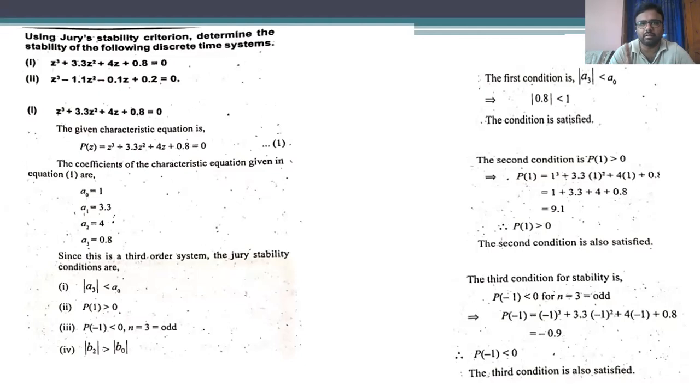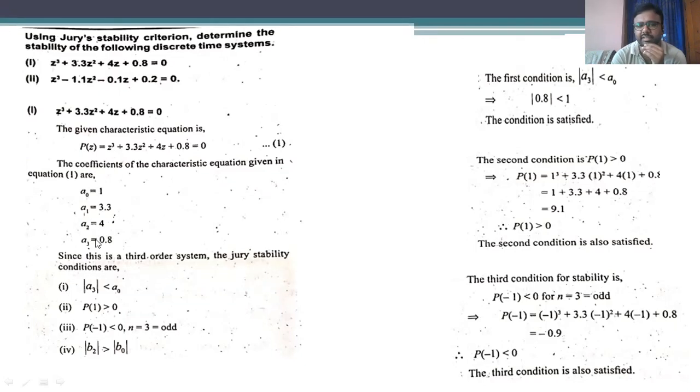Try to concentrate on only one scenario so that you can get the correct answer regarding stability. I will show the solution for these kinds of problems also. So this is the characteristic equation, and from it he has taken a naught as 1, a1 as 3.3, a2 as 4, and